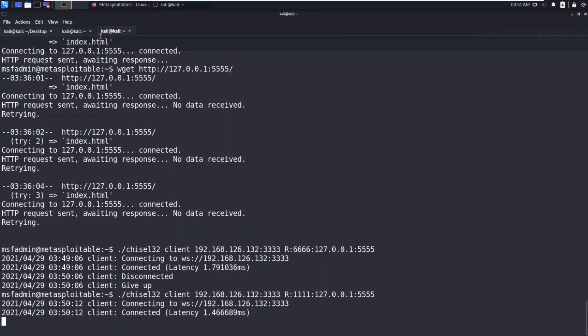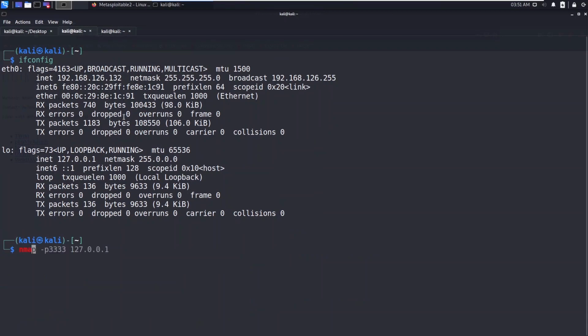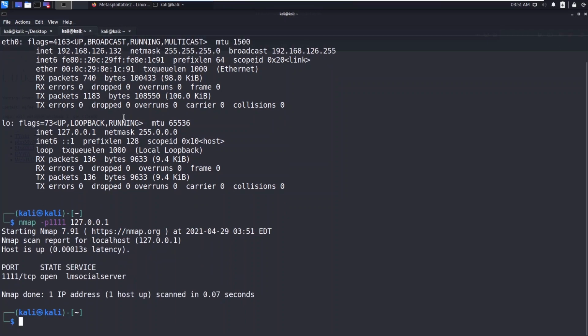Meanwhile, let's scan this. I don't know why Nmap is giving the wrong results. Let's scan 1111 on 127.0.0.1. I don't know why Nmap is showing the wrong results. Maybe we should use localhost.